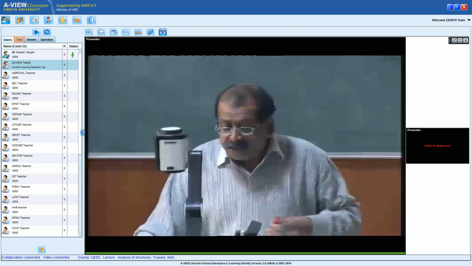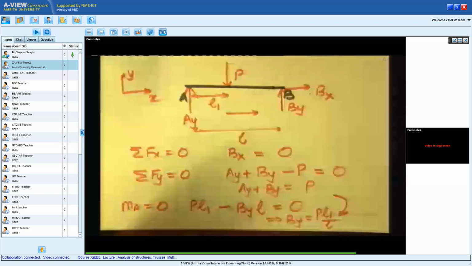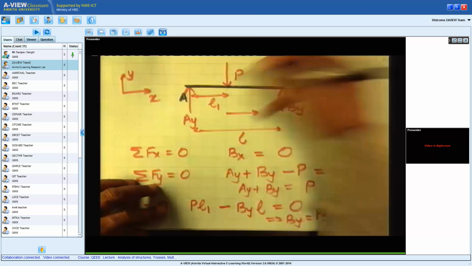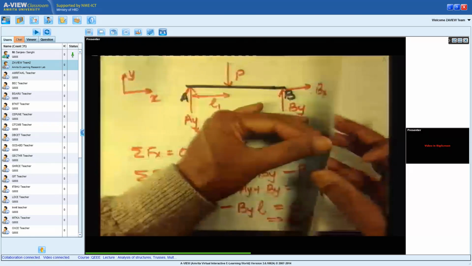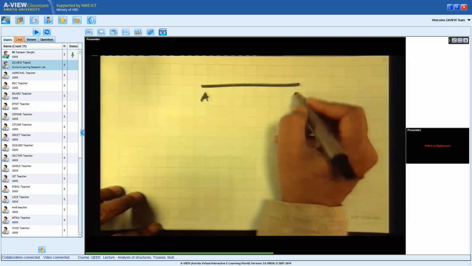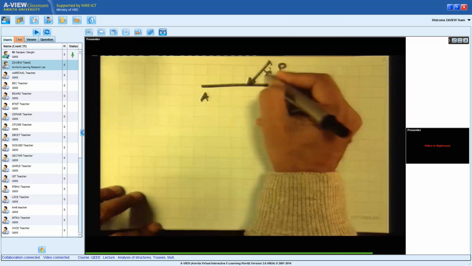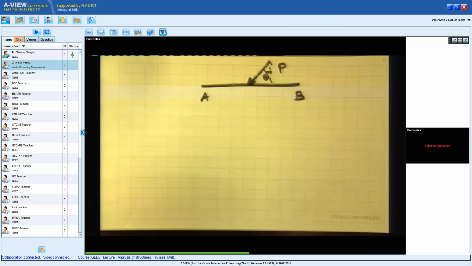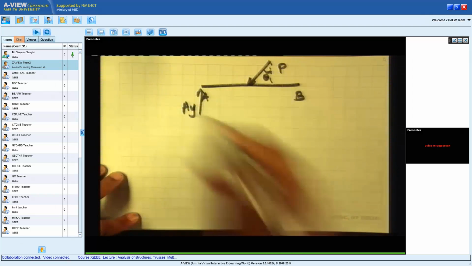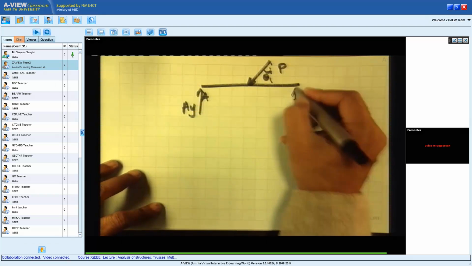If we want to make it slightly more complex, then what we can do is add some more things here, make this problem slightly more complex. I have AB here. I put the force at an angle. So now what will happen? If the force is acting at an angle, then the same problem, but now the force P is acting at an angle. So we have Ay here, we have By,